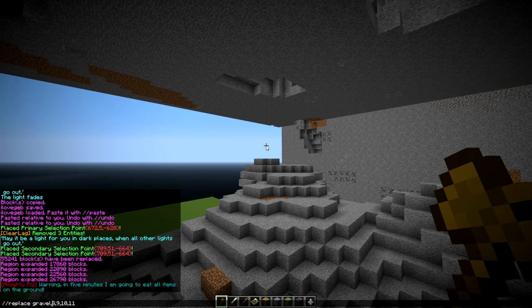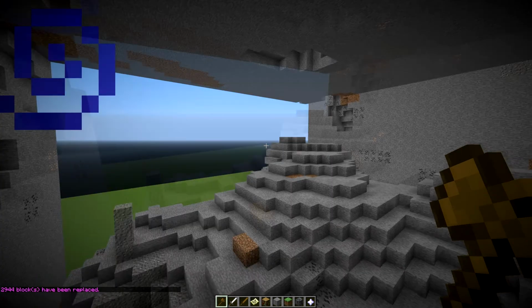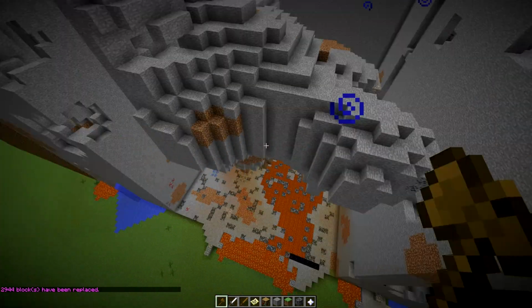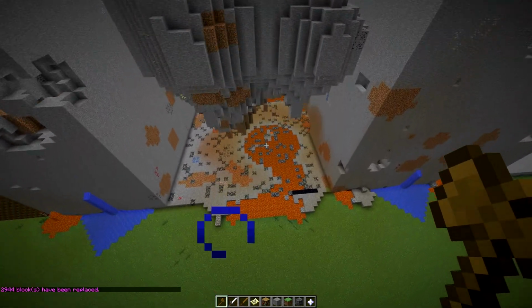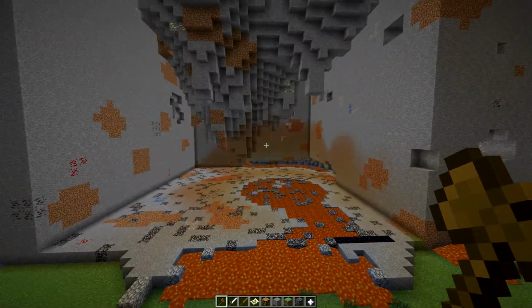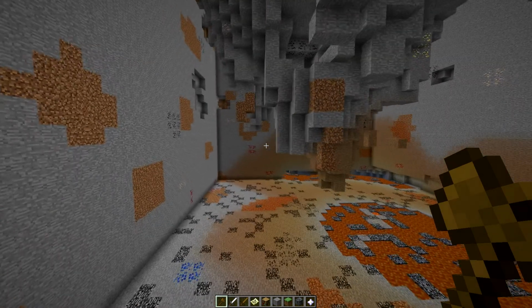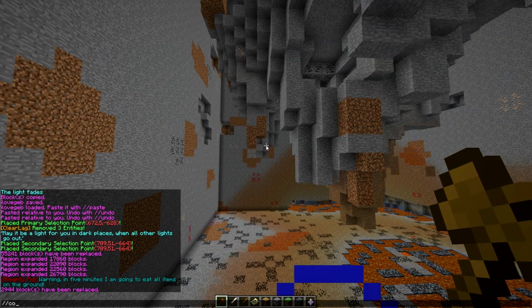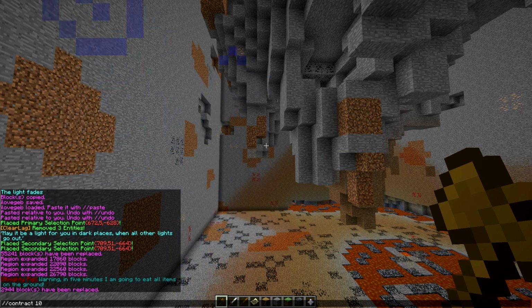with air. And the reason you're doing this is so that you don't have any blocks that are going to just jump out at you, and you aren't going to have any problems with lava and water in your selection. So I'm going to contract it back those 10 blocks. So //contract 10,